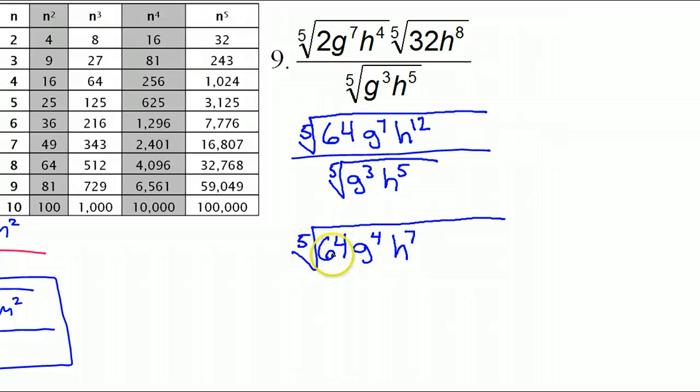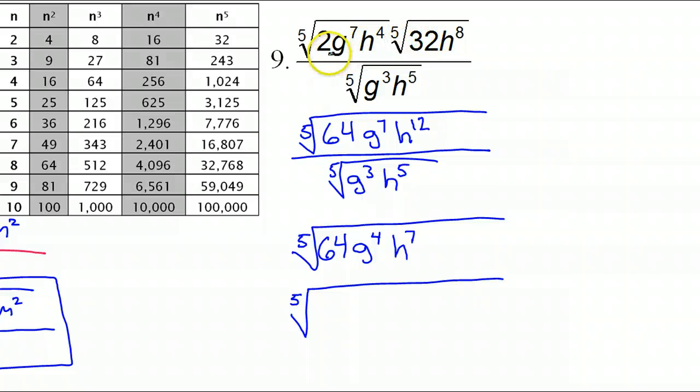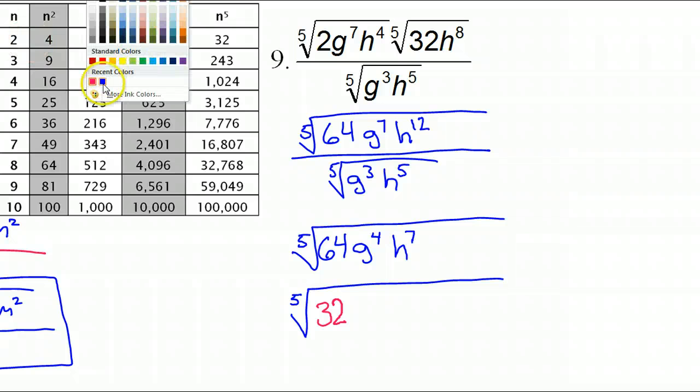So now I need to simplify this as much as possible. So let me split things up and factor in a way that I can simplify as many things as I can. Now this 64, remember, I got it from doing 32 times 2. Looking at the fifth power column, since I'm doing fifth root, I see the 32 is a perfect fifth power. So 32, I like it. So let's rewrite 64 as 32, which is reducible, times 2,